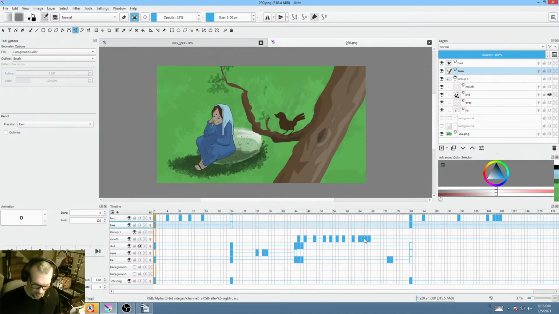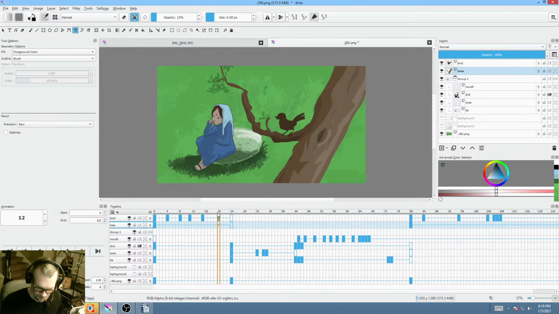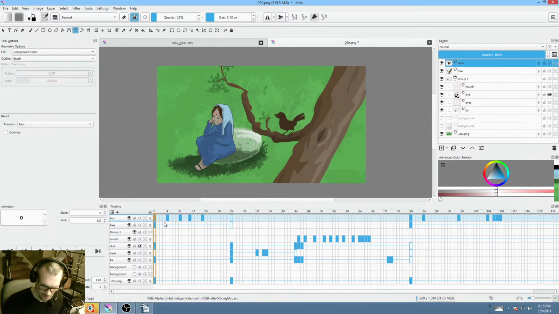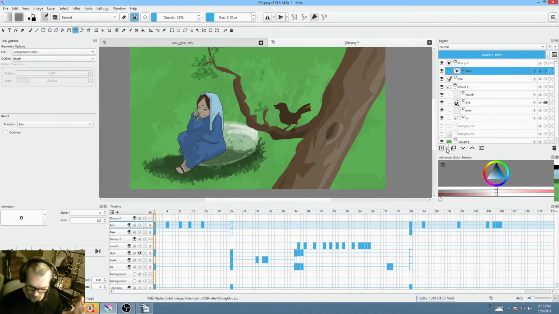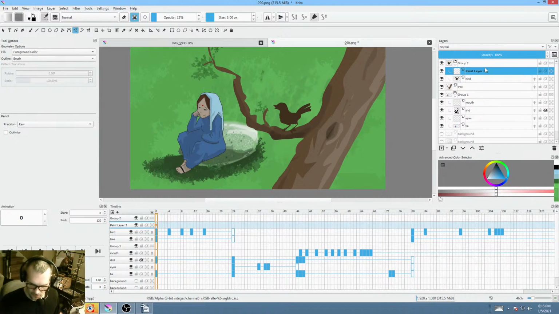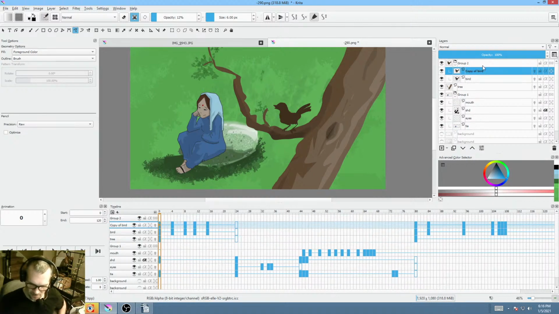Okay, so I'm going to do one more thing here on the bird layer, methinks. I'm going to try this. I'm actually going to go to the bird layer and I'm going to see about maybe, tell you what, let's put the bird in a group, and add another paint layer. Actually, let's not do that. Let's duplicate the bird layer just so that